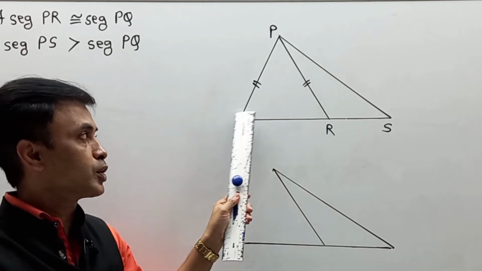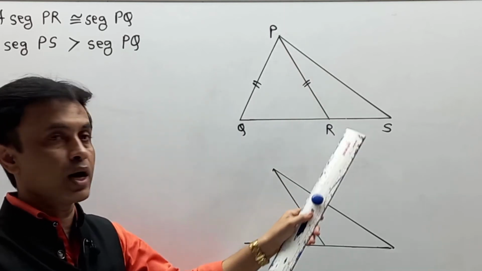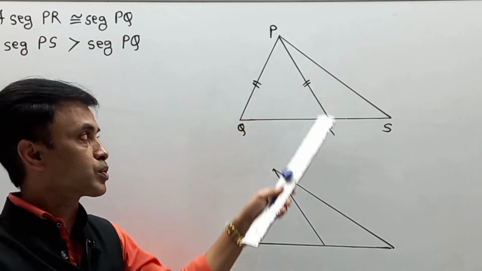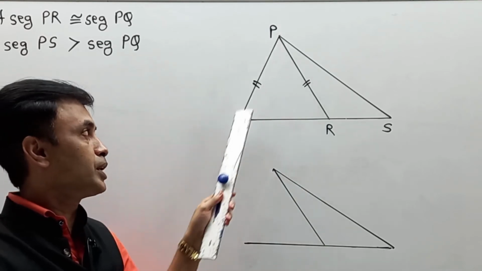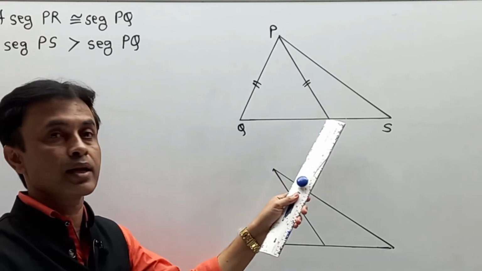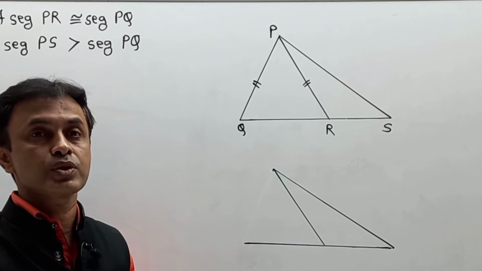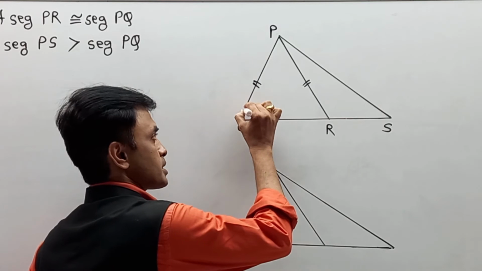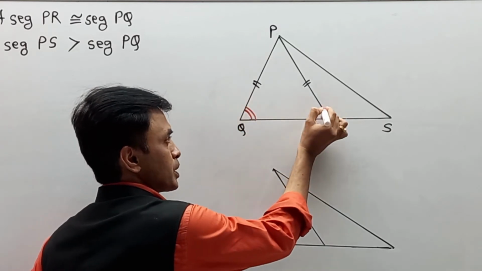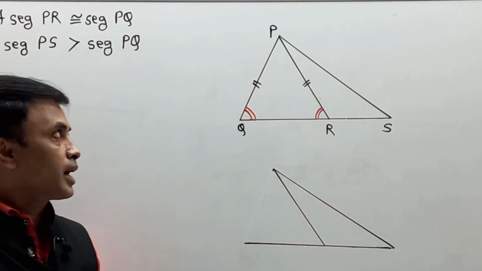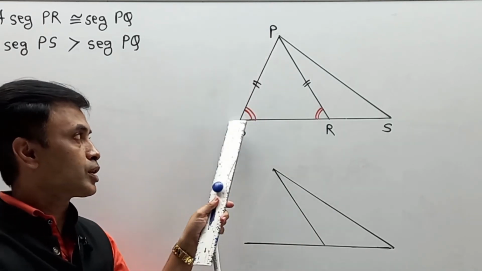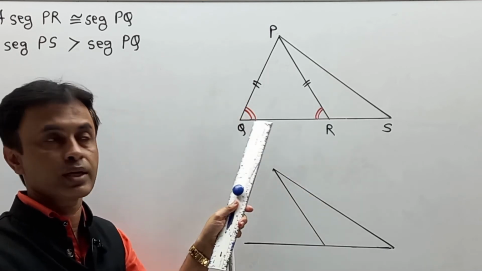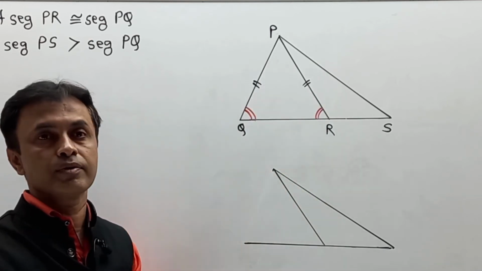In triangle PQR, they have given PQ is congruent to PR. Naturally triangle PQR is nothing but an isosceles triangle. If a triangle is isosceles, then its angles must be equal. Means you can say angle Q must be equal to angle R over here. Automatically angle PQR must be congruent to angle PRQ, because its opposite sides are equal.